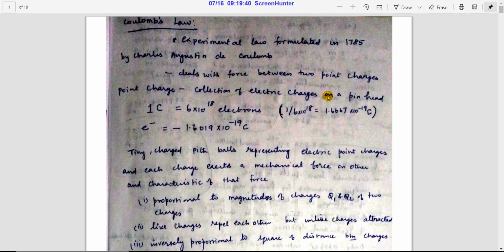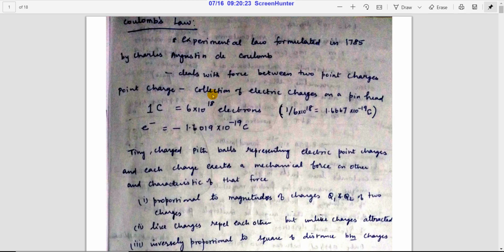So we have dealt with the electromagnetic interactions in the first video of our lecture series in this unit 1. In that we have said that the electromagnetic interactions are dealt with the charged particles. So a charge is going to be an inherent property of one matter. If you take any atom, it will have a charge, and that particular atom has that charge due to the inherent property of that particular atom, particular ion.